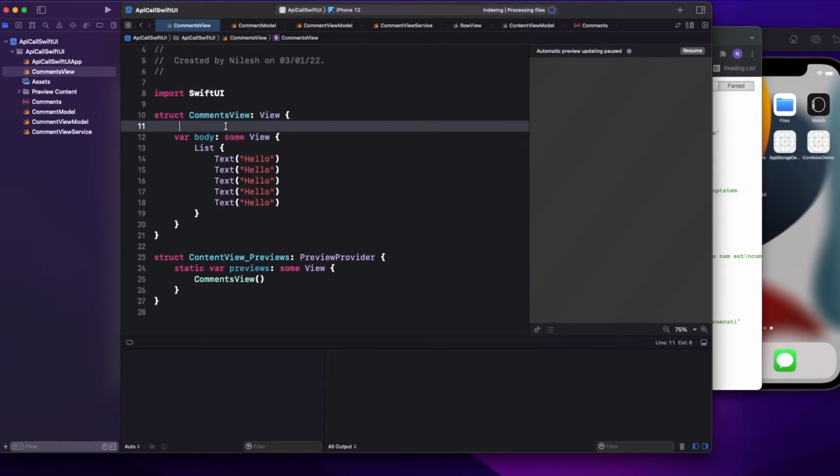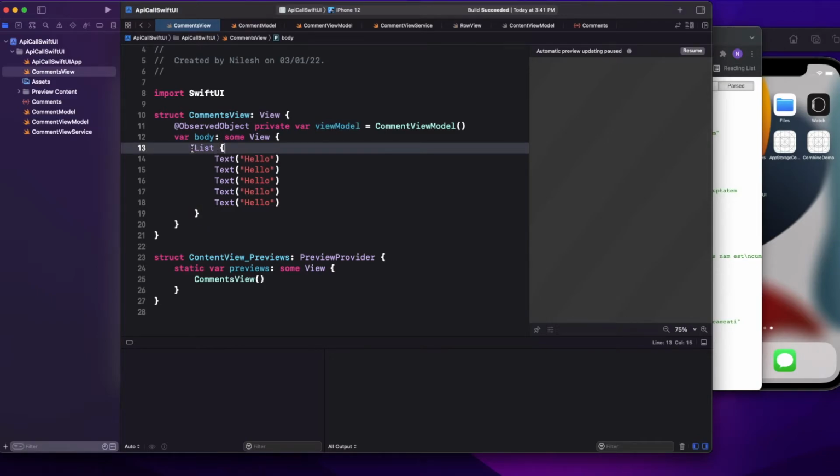So here I will include that object as an observed object. That means I have to tell my view that I am listening to my view model. So at the rate ObservedObject private var viewModel equals CommentViewModel. Okay. And then